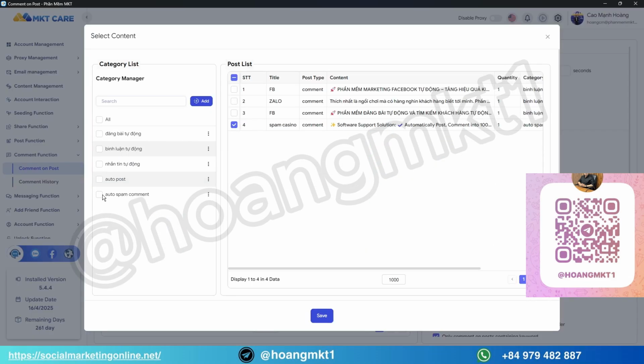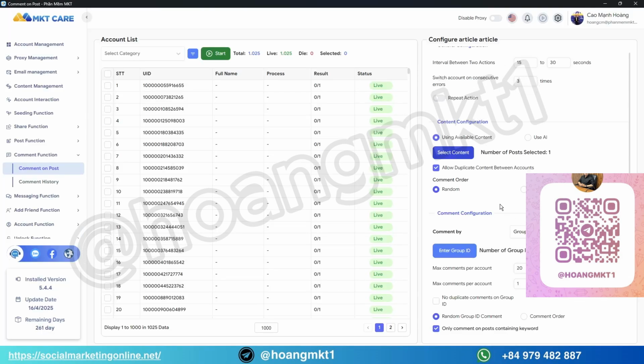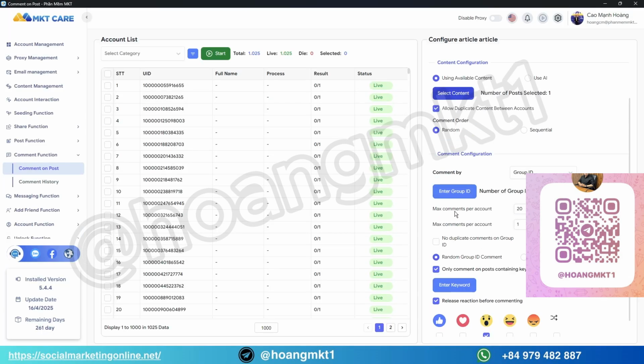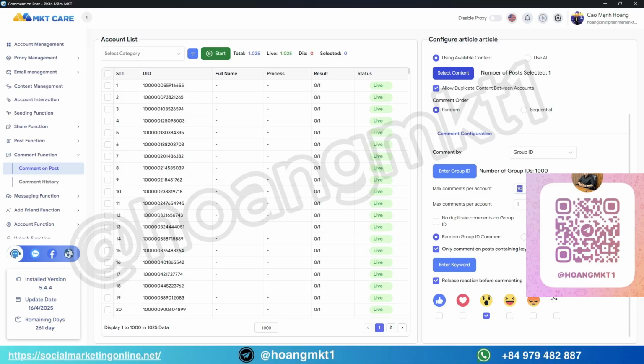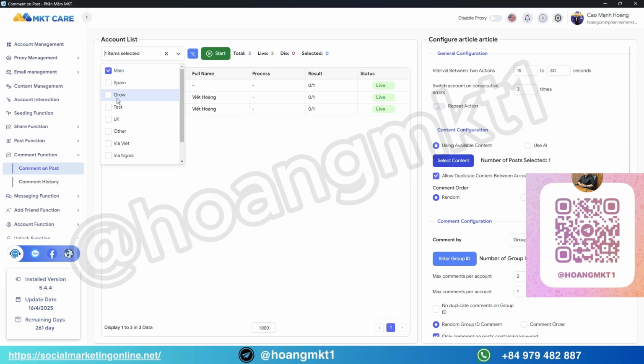Next, we will prepare the comment content. You can create multiple comment templates, add emojis, hashtags, or use spin content to avoid duplication. This approach makes the comments look natural, like real users, and helps reduce the risk of being flagged as spam by Facebook. Next, you configure the campaign, select the Facebook accounts to run, set the number of comments per account,